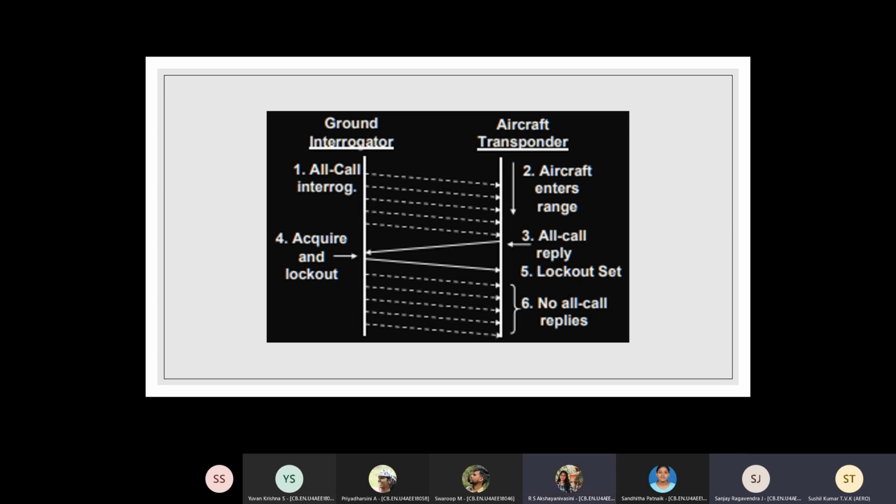So during roll call, it is selective because I know your roll number. I call you by roll number. So even other aircrafts, if they are receiving, will not reply because it is not meant for them. Sanjay, that's what you want to say? Yes, sir. Okay, but now the problem is what happens if during all call more than one aircraft starts replying. Akshay, your second part is clear. The first part is slightly vague.